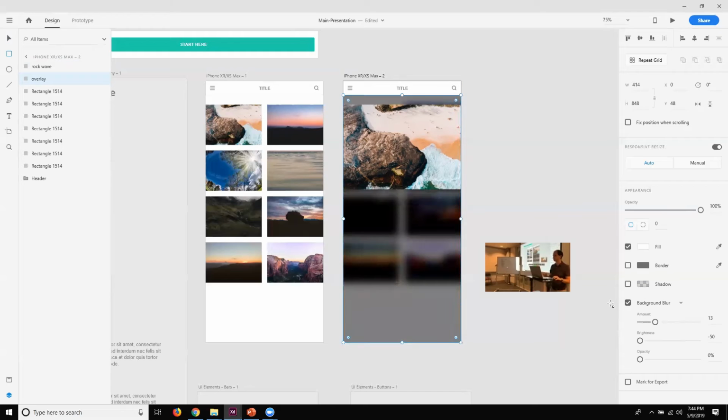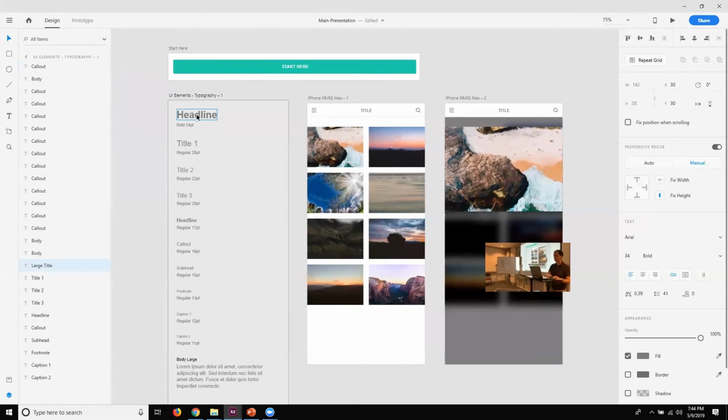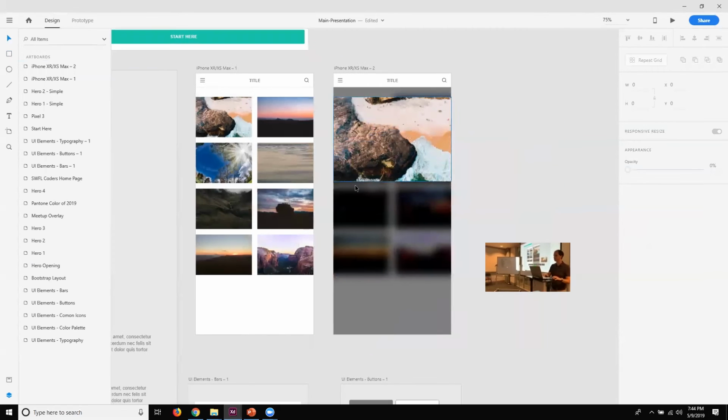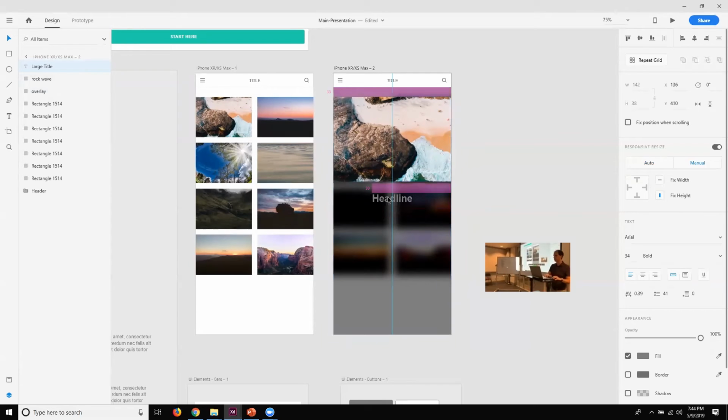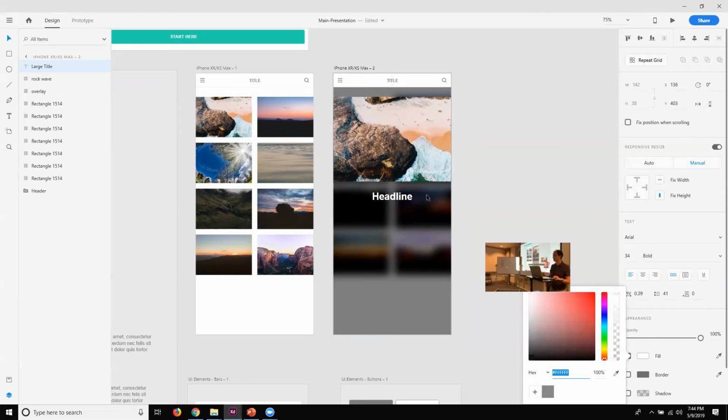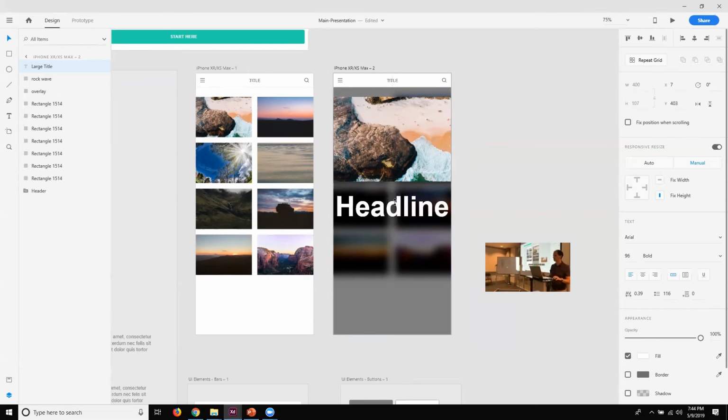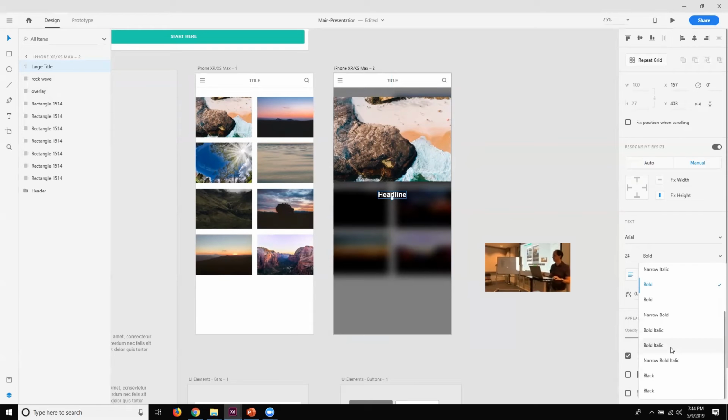Now, I personally like to have it with a name, so I'm going to put in a title, so headline. Again, this doesn't need to be perfect because we're just making a quick prototype. Who cares? There's our headline. Make it white. And I'm going to scale it down. Now you can scale it up and down, very easy. And I want to make it normal or regular. There you go. Okay. So now we have an artboard that goes from the small image to the large image,